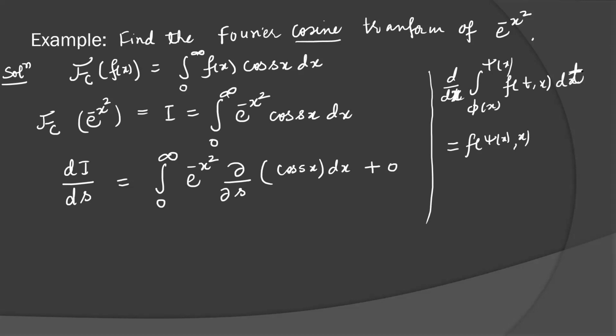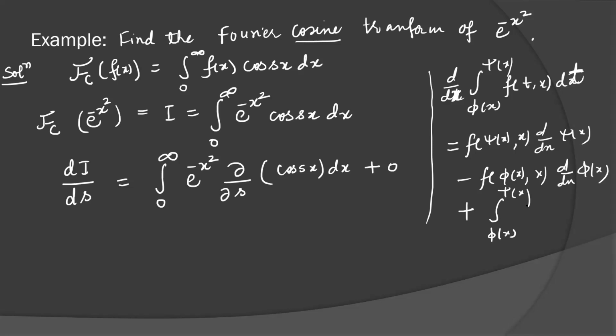Here you have dt. Okay. Then d by dx of phi x minus lower limit in place of t, d by dx of lower limit, plus the integral from phi x to psi x of the partial derivative with respect to x of f(x,t) dt. So these two terms will be 0 here because both limits are constant. Only you will get this term here and change according to your variables.